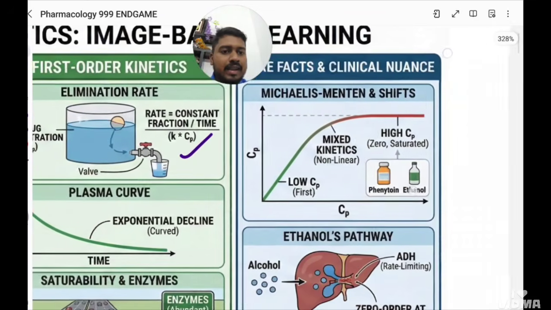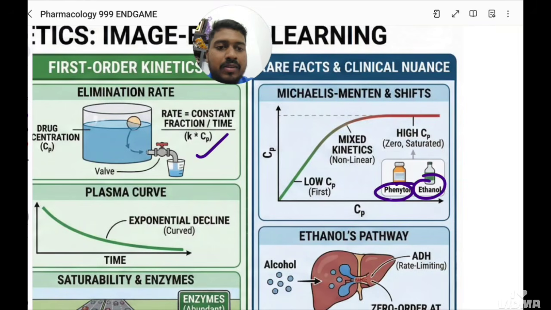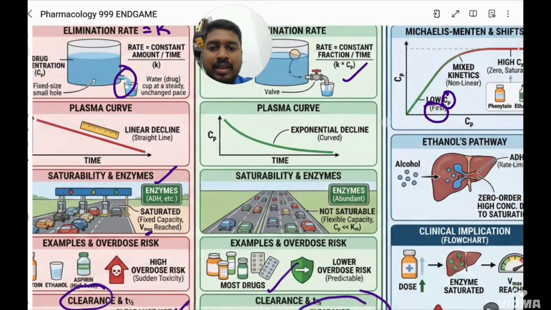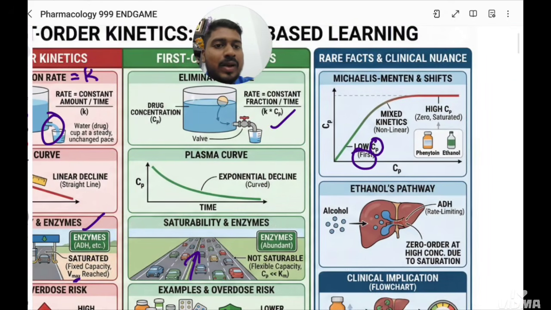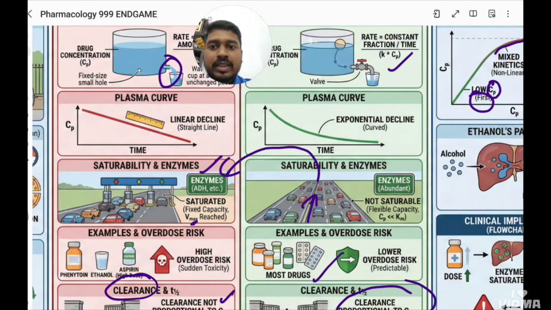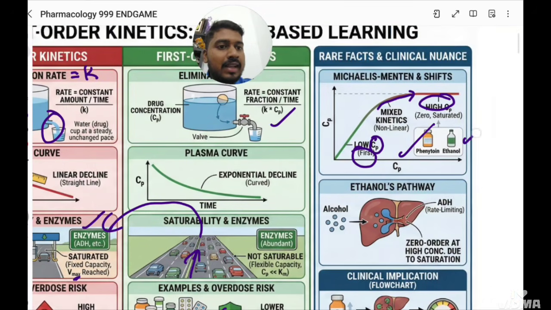Now this is a graph for 2 drugs, one is phenytoin and one is ethanol. In both cases, whenever the concentration of the drug in the plasma is low, it will follow first order kinetics, which means however much traffic there is, it will allow. But once it becomes a higher concentration, it will convert to a toll gate. So for phenytoin, which is an anti-epileptic, and ethanol, initially you give some amount of drug, plasma concentration is low, nothing will happen, it will get excreted. But once a high concentration is reached, it will switch to zero order. Now even if you give a small dose, it will immediately cause